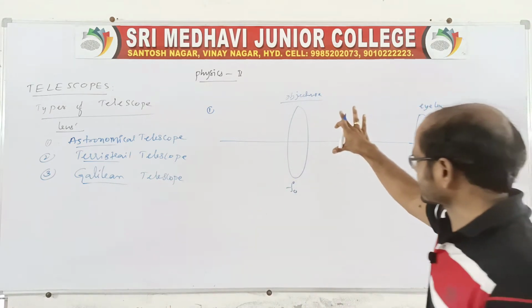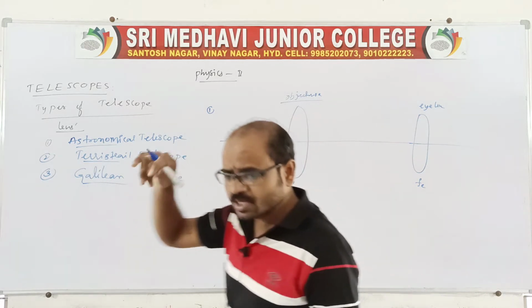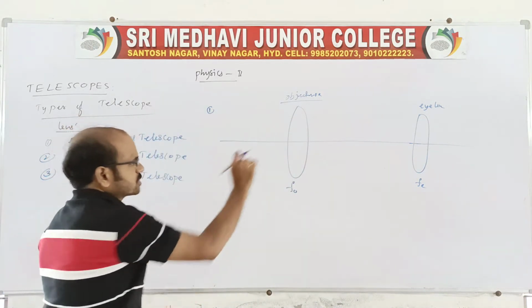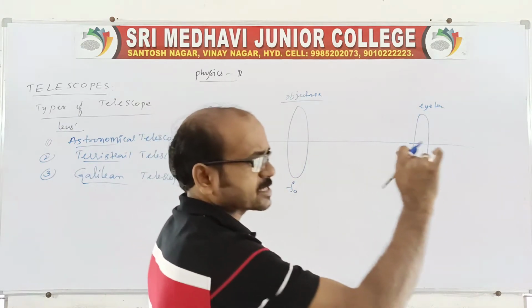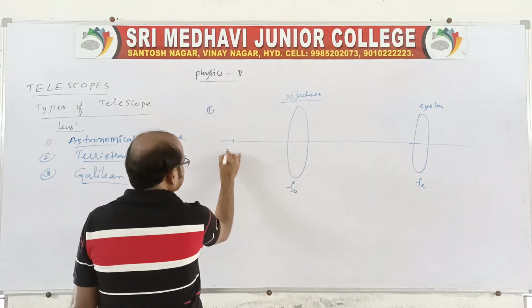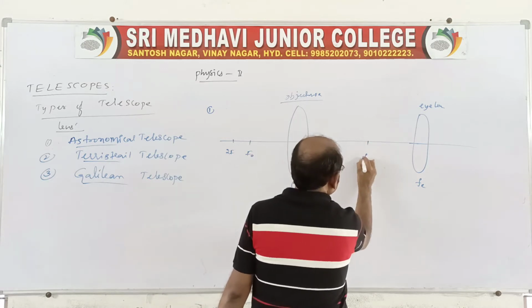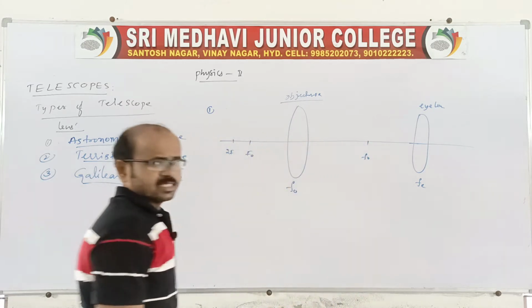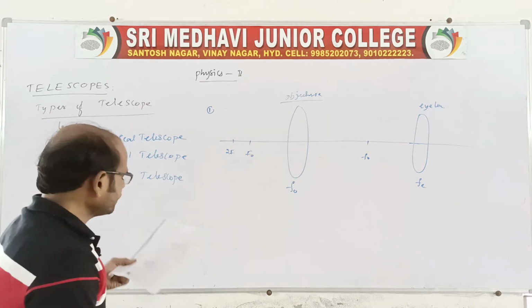One has a very large size, which we can call the aperture. Now, in the rack and pinion arrangement, there will be a pinion, and by using it we can adjust the lens's position as well as the object position. Therefore, there will be 2f, and this is f0, the focal length of the objective lens.